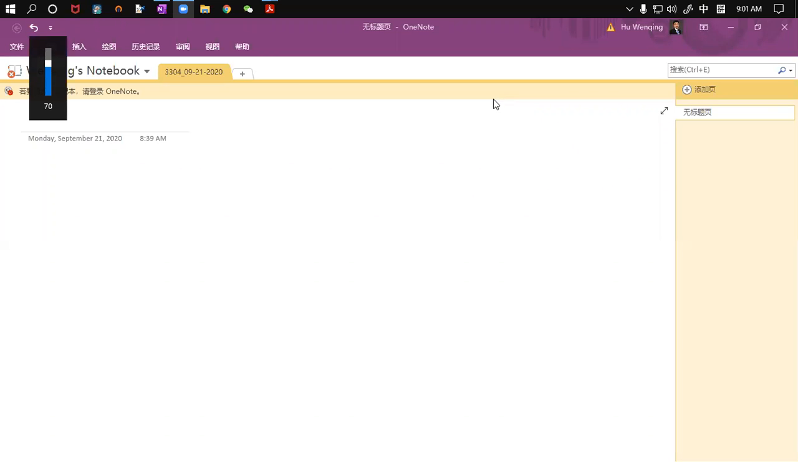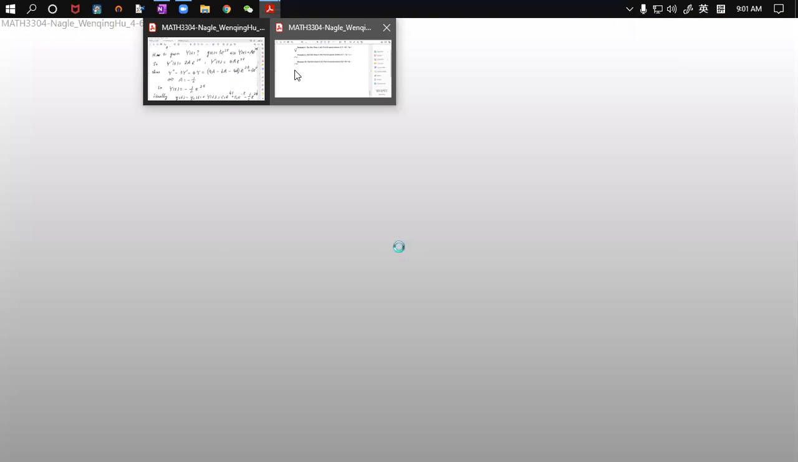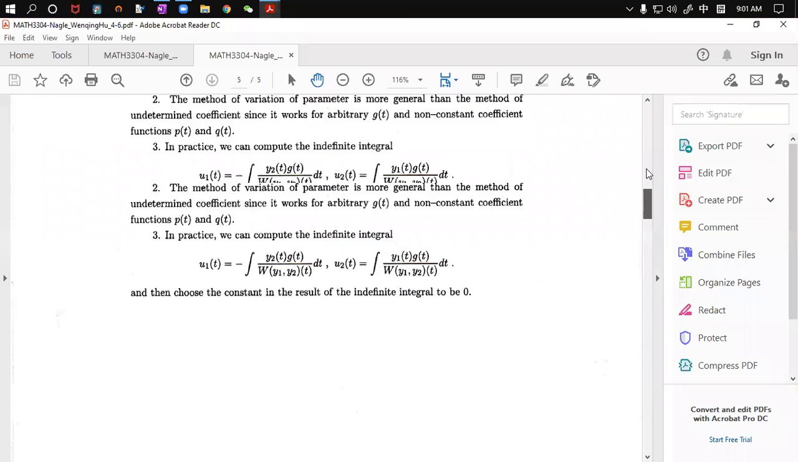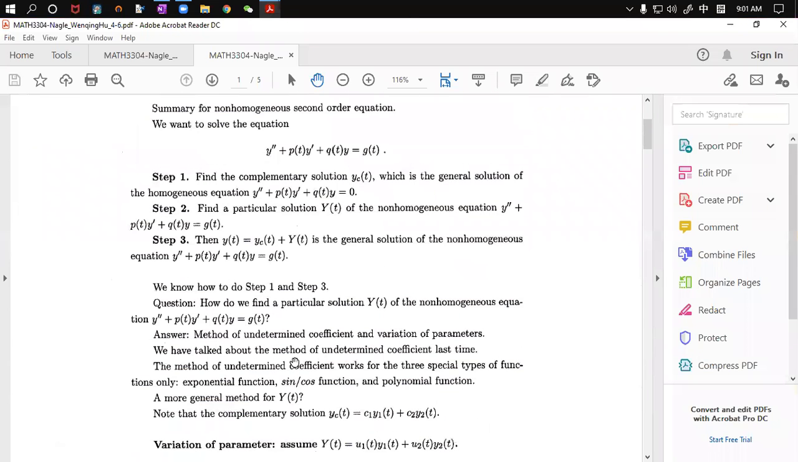Okay, so let's start the lecture for today. Okay, so we've been talking about non-homogeneous equations. Okay, and here is a short review of what we have been doing in this area